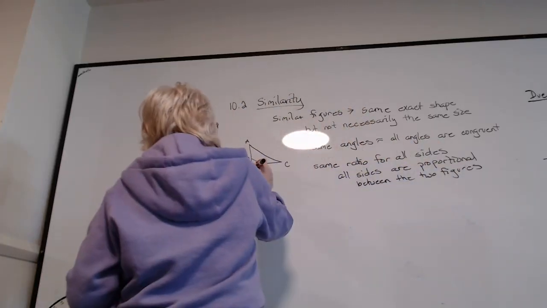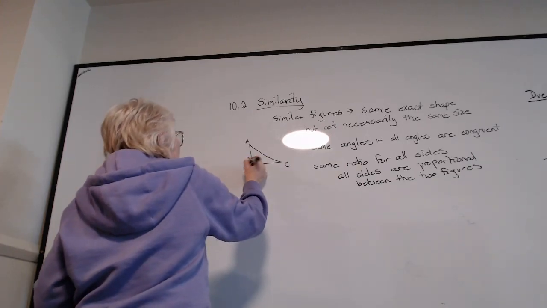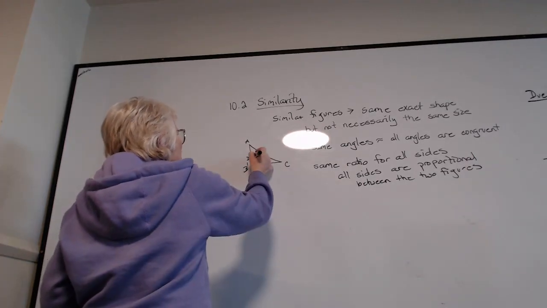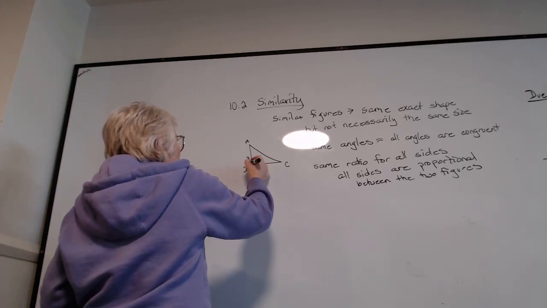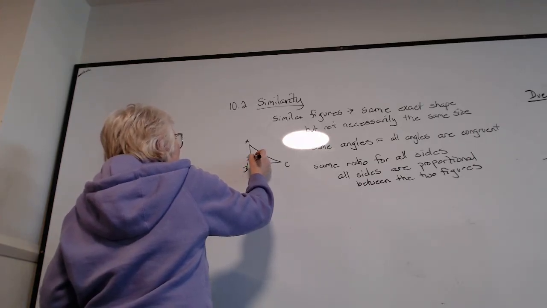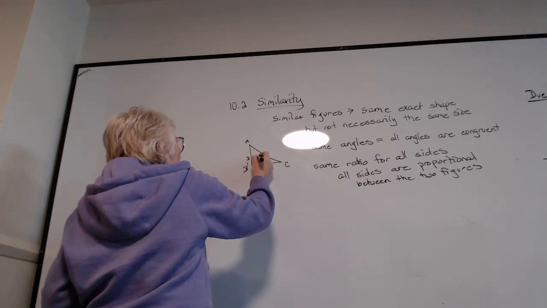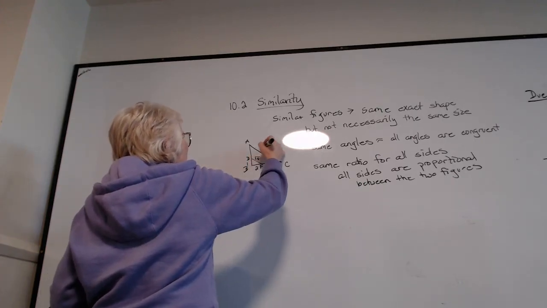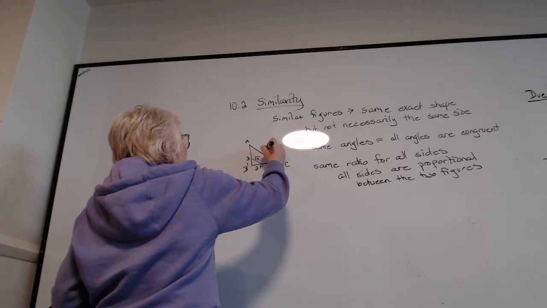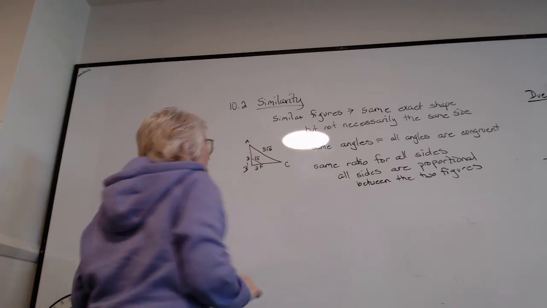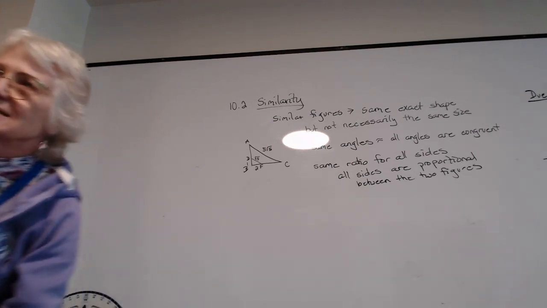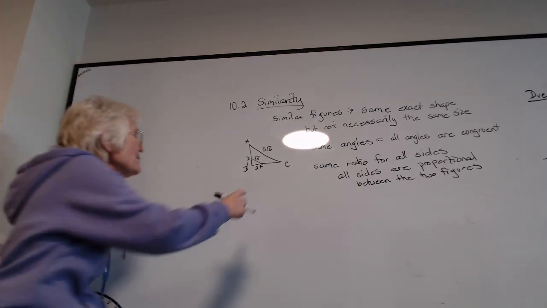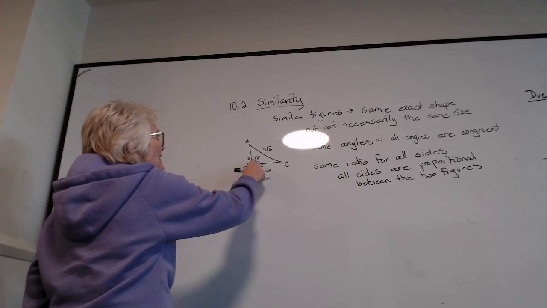So in this case, if this is 2 and this is 1, and this is, let's see, 5, that's square root of 5. Oh well. Okay, I'll put the square root of 5. And this is 5 times the square root of 5. Okay. So if you look at the hypotenuses here, notice that this